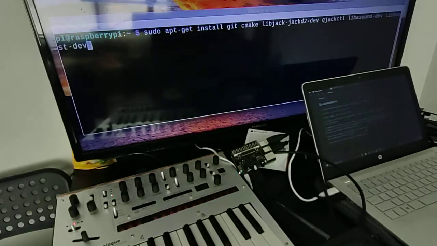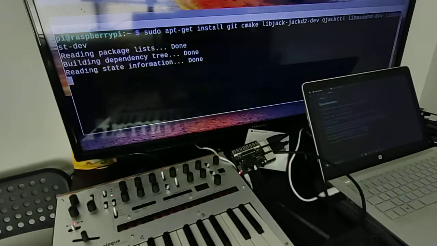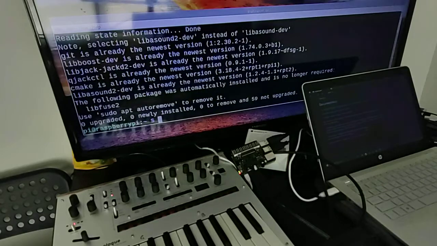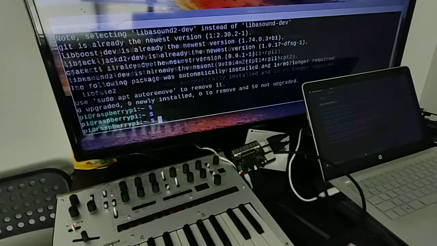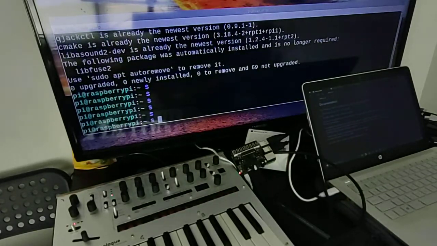All of these are available to see in the README file as well if you don't catch them on this. I realise that the glare's a bit bad on the screen, so I'm going to go and download them. And that's them there. And then we have to clone the repository, so